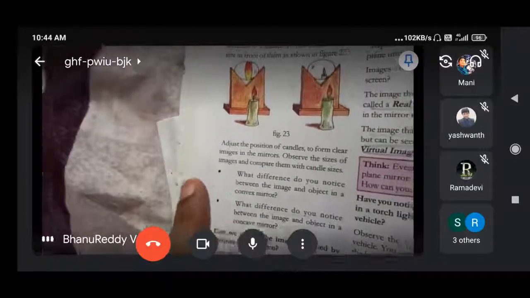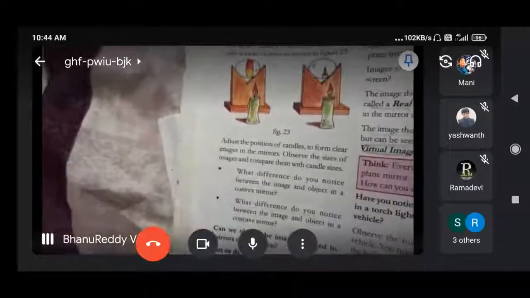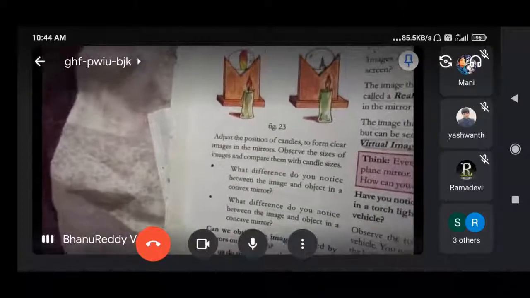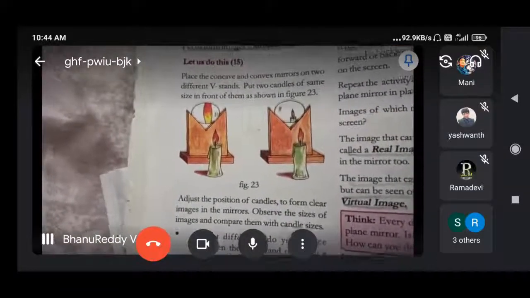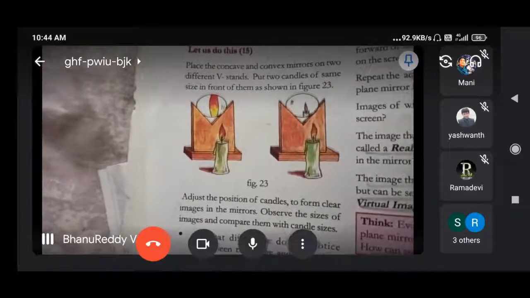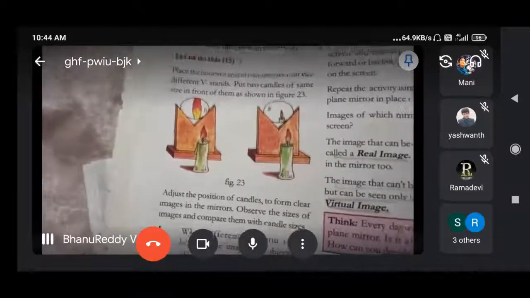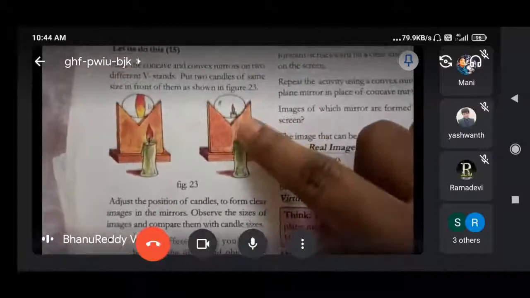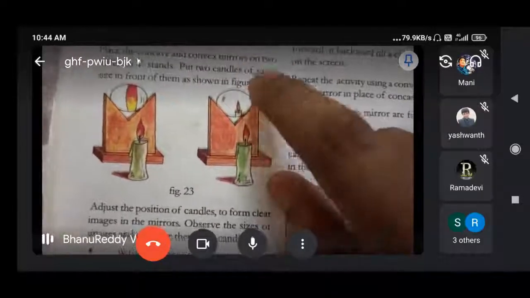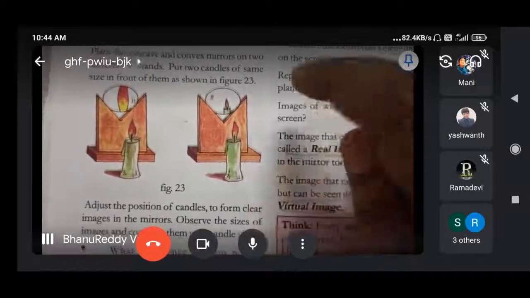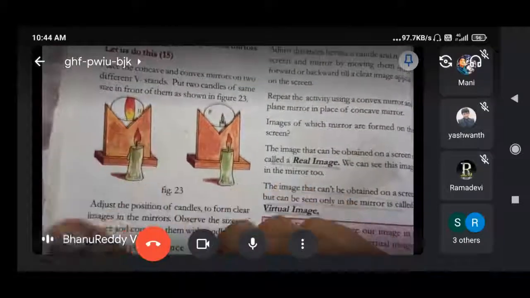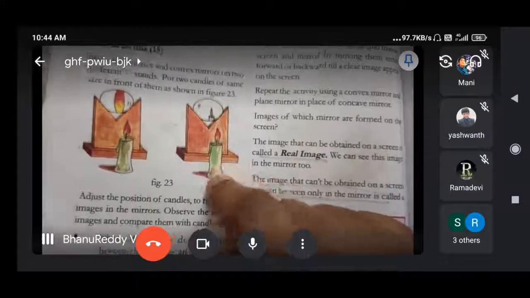So that's why concave is used in car headlights, there is reflection, right. The rays reach up to that point, select the path again, bounce back, go inside the mirror and reflect back again and form the image on the screen. And here only a virtual image forms, only inside the mirror, not on the screen. We cannot observe the image on the screen for convex. Only concave will form the image on the screen. Convex mirror forms it only inside the mirror.